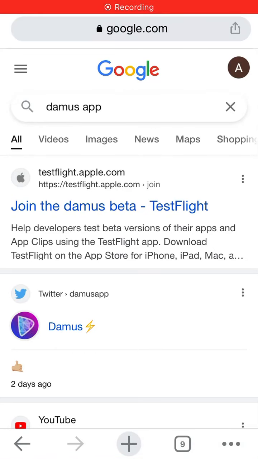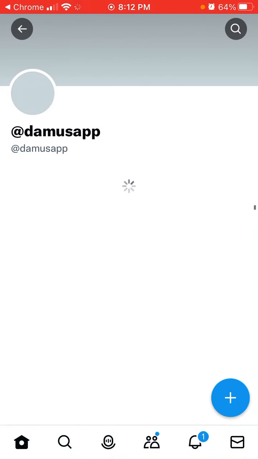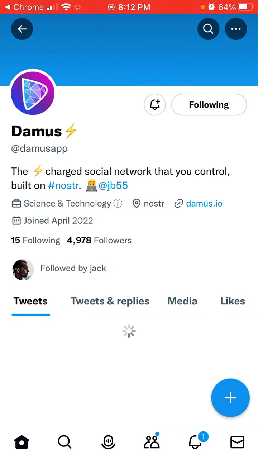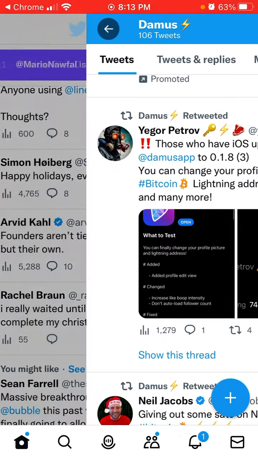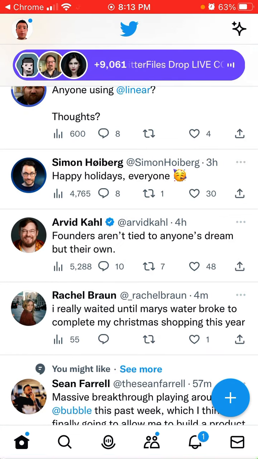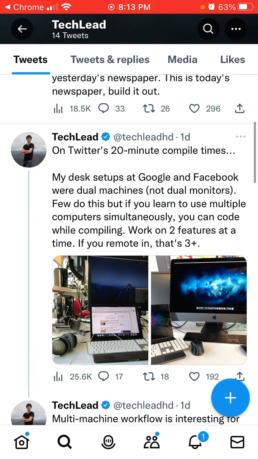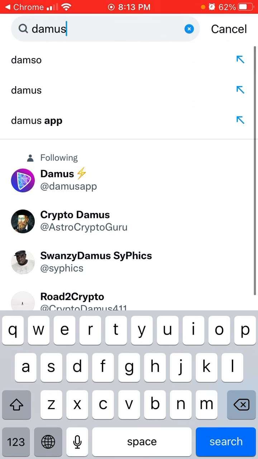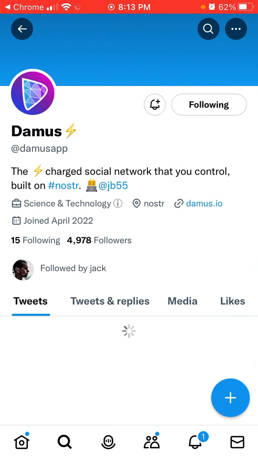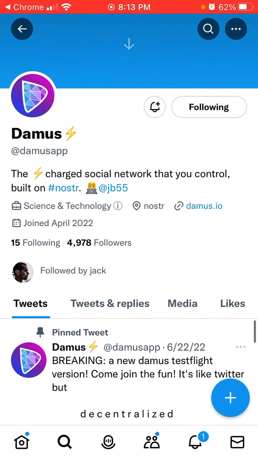Quick overview of the Damus app. This app is going quite viral, and you can see it's followed by Jack Dorsey. Jack Dorsey is posting that he has screenshots of this app on his phone. So, what is it? It's basically